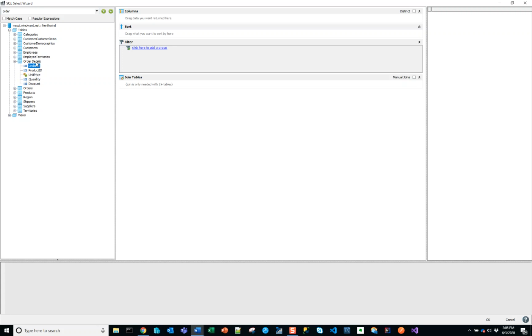This seems valid, although I see there's also an orders table here. Let's take a look at each of these. This one has order ID and product ID. This one has order ID, customer ID. So it looks to me like this table is the table that actually contains unique orders, and then this other table, since it has order ID and product ID, will allow us to associate a single order to potentially multiple products. I also see the customer ID is here, and I'm going to need that customer ID later in my